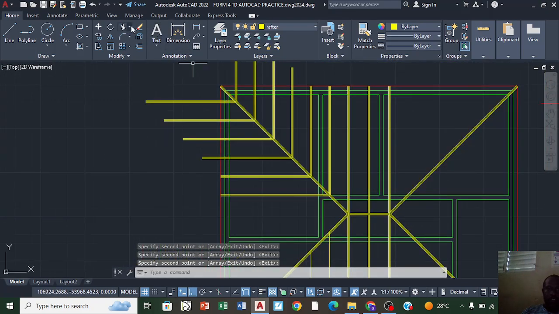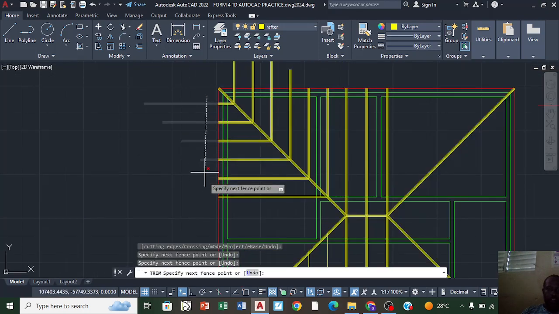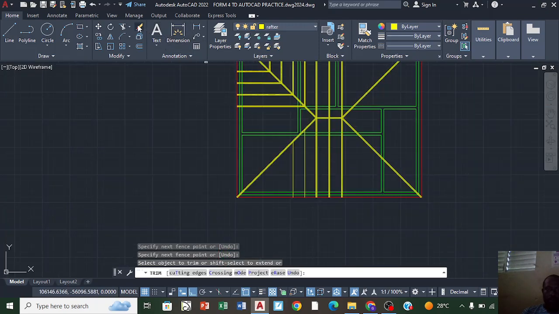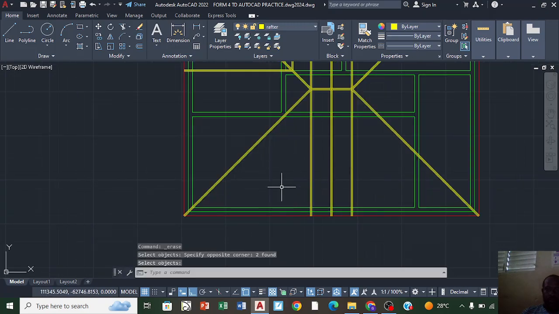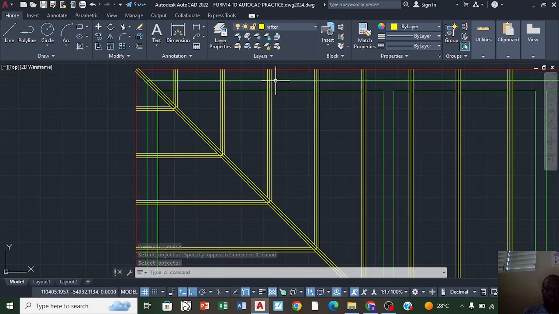Then I'll just trim off the excess edges that exceed the fascia board. We are almost done with our roof. And now once I have those trim edges,